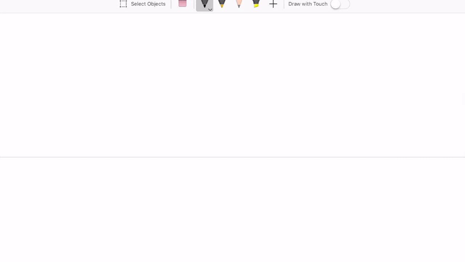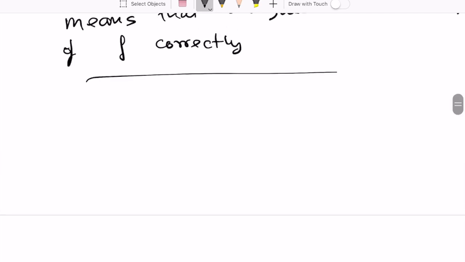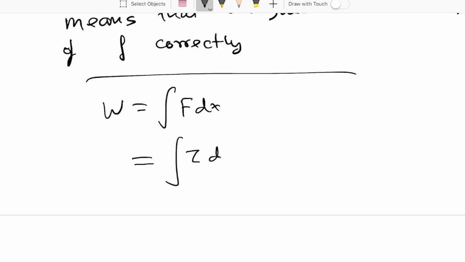Okay. The next thing that we'll very briefly mention is rotational work and power. So you know that in one dimension, work is given by integral F dx. You can write a very analogous formula for work done by a torque, and it's just tau d theta. Remember that x is kind of analogous to theta, and F is analogous to torque. So you can just write this down from analogy, right? And rotational power is just